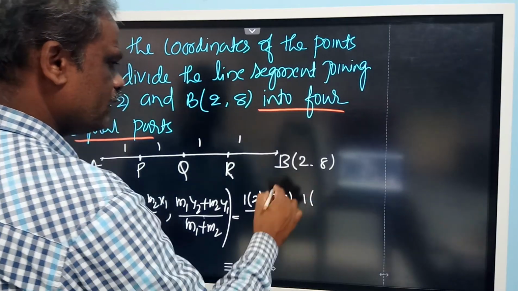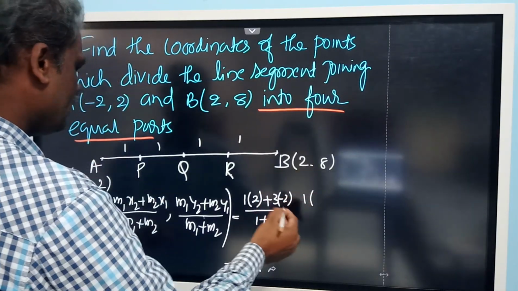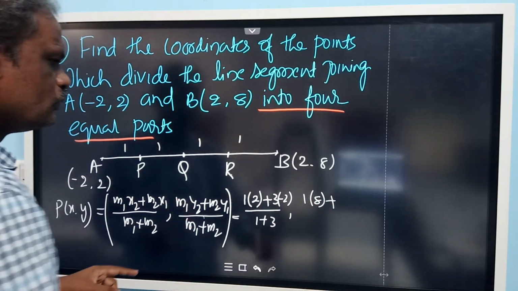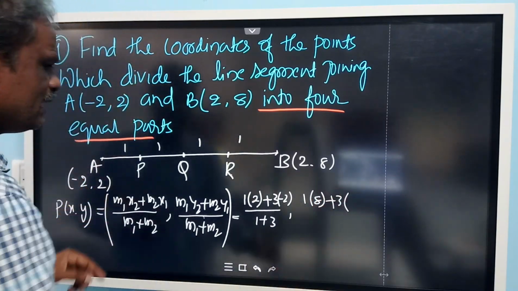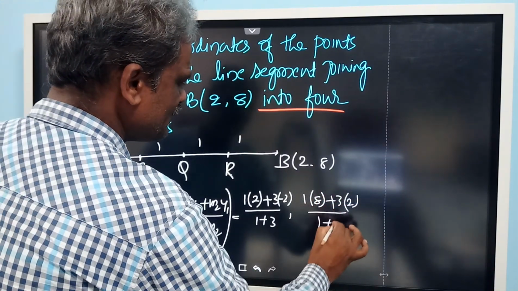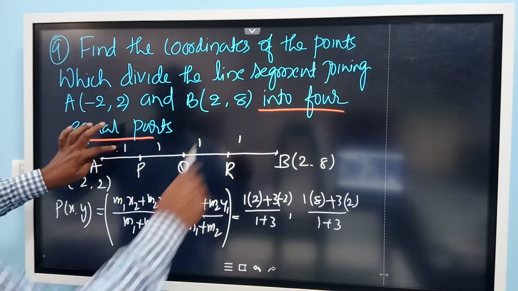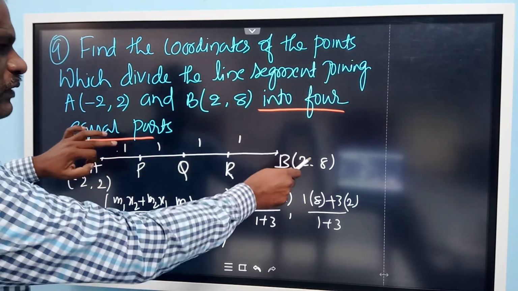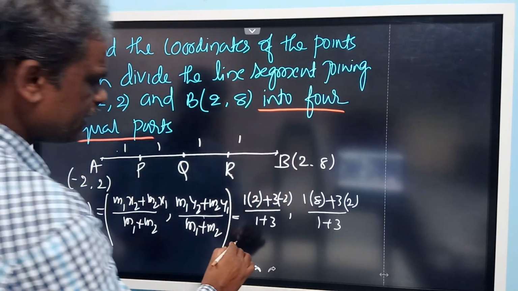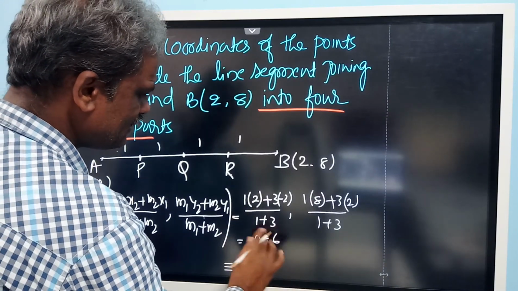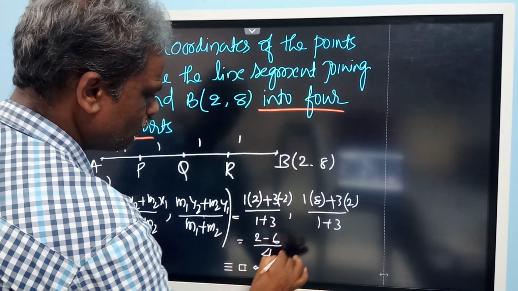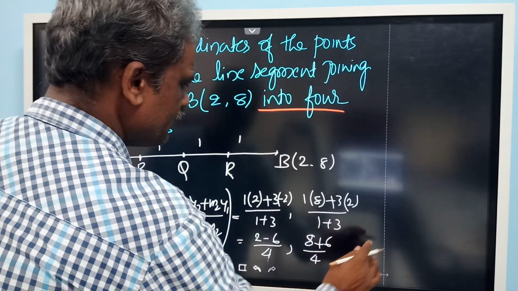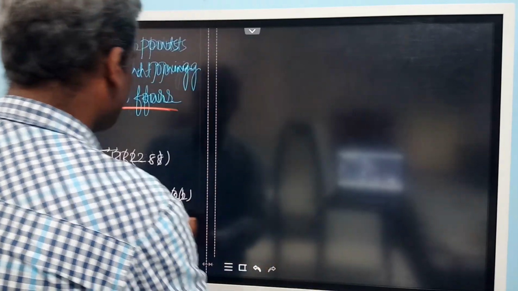Then m1 1, y2 here 8 plus m2 here 3, y1 here 2 divided by 1 plus 3. See, 1 into 2, then 3 into minus 2. Again 1 into 8, 3 into 2. So you are getting 2 minus 6 by 4, comma 8 plus 6 by 4. So what is the point you are getting now? So that point P of x comma y